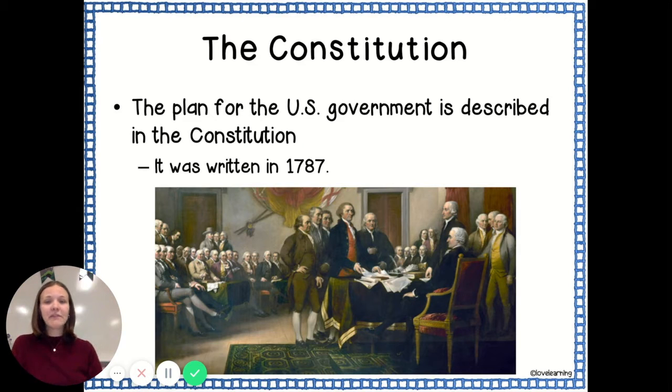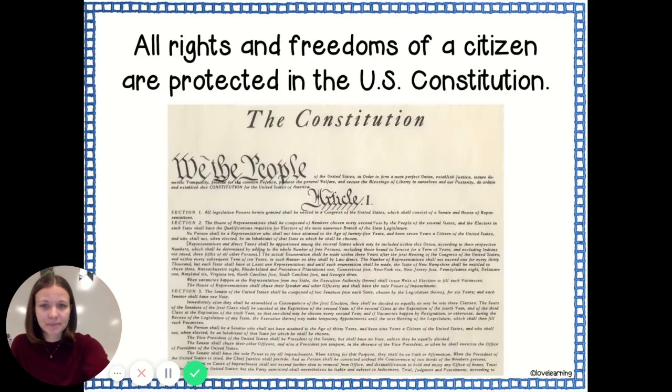So again, it was a plan for the U.S. government, and it's described in the United States Constitution. It was written in 1787 at the Constitutional Convention. This picture below here are all of our founding fathers. They all met here at the Constitutional Convention, and they worked out what it meant for the United States. So, for example, George Washington presided over the convention, but James Madison wrote the document that formed the model for the Constitution. These are two really big names. If you've ever watched Hamilton, you would hear those names in there. They have a really big part of our history and are very important.